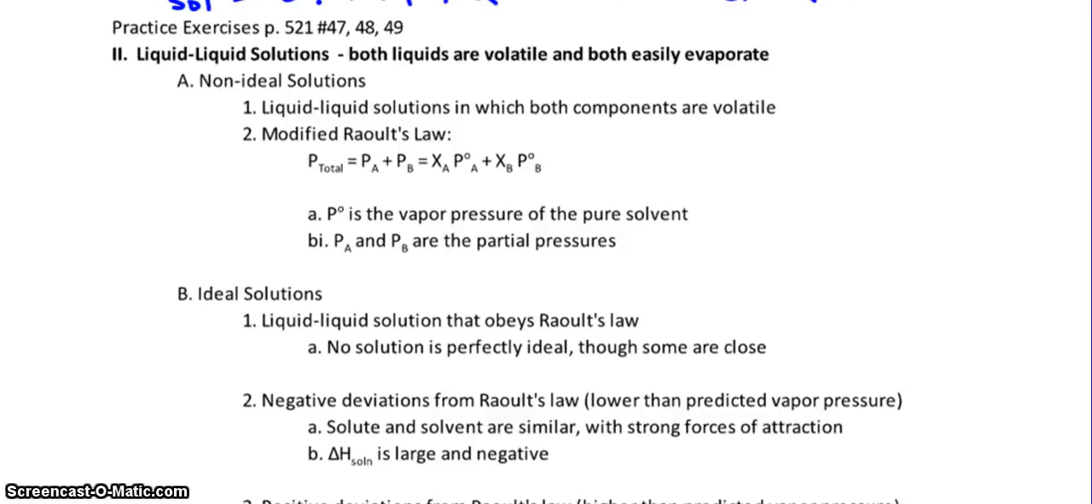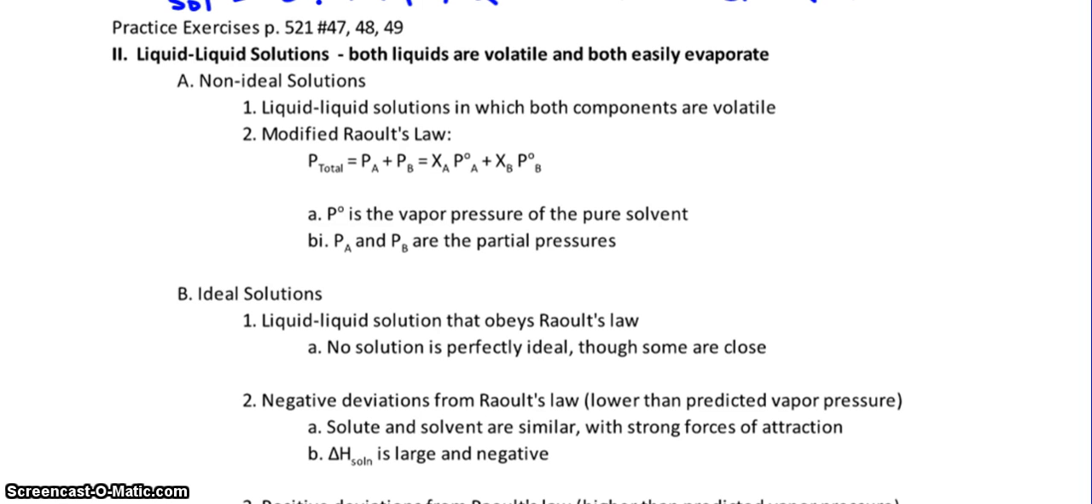So checking this out, obviously we're going to have to use Raoult's law, but we're going to have a variation of it. So again, it says non-ideal solutions, liquid-liquid solutions in which both components are volatile. So we actually have to find the mole fraction of the first one. A can be the solute or the solvent, and B is the other liquid. So they say the partial pressure with a little zero on top that you call a naught. P naught is the vapor pressure of the pure solvent, and then the PA and PB are the partial pressures